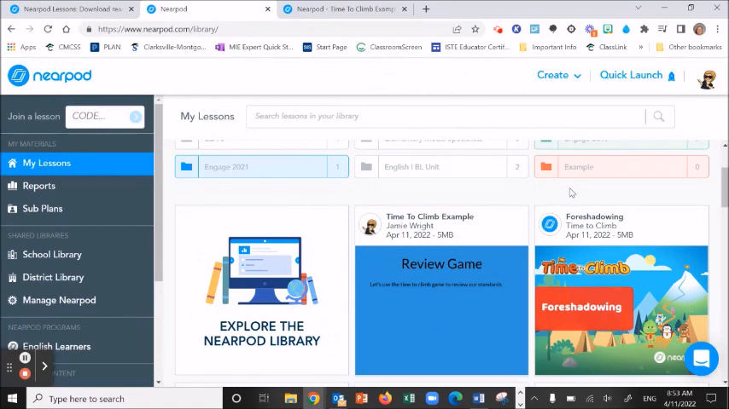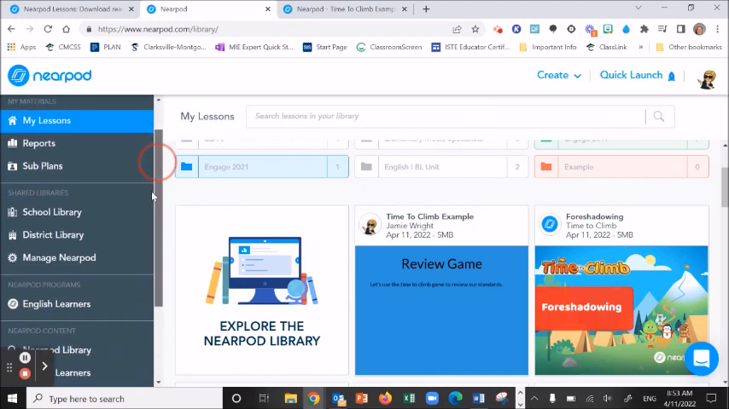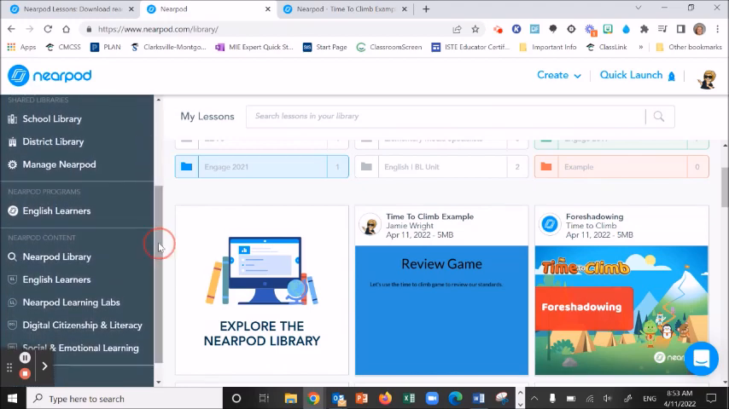Amazing review tool provided by Nearpod. Time to Climb is as easy as inputting a simple quiz into Nearpod that your students can then play as a game in both live mode and student-paced mode. Nearpod includes hundreds of standards-based Time to Climbs in their Nearpod library, so you can search for a pre-made one,